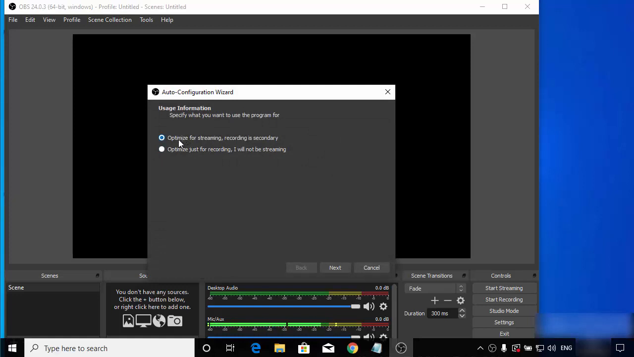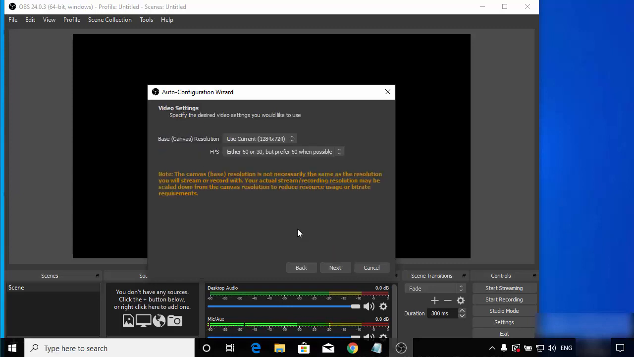and then you can see two options here in the auto configuration wizard. So it's going to ask you if you want to use your OBS Studio for the recording or the streaming. So I want to use this OBS Studio for the recording, which is the screen recording. So I will choose the second option which says optimized just for recording. I will not be streaming, but if you want to use this OBS Studio for streaming, then you can choose the other option. I'm going to just click on next, and here according to the hardware of your operating system,